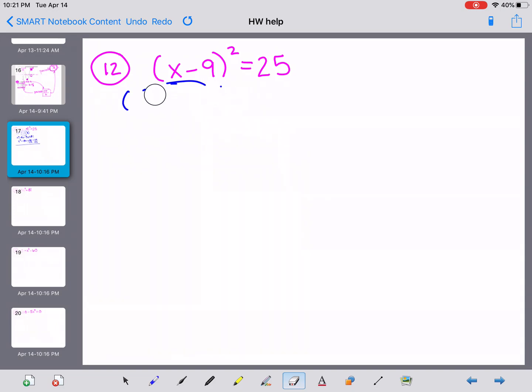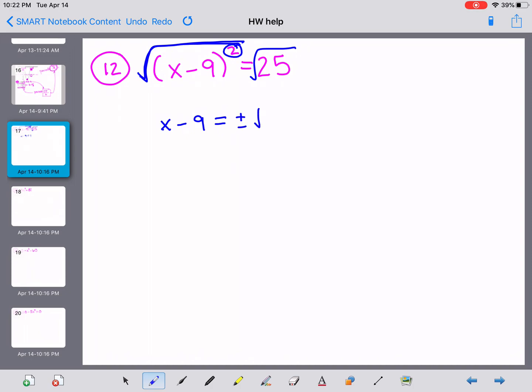The best way to do this question is that when you have a bubble squared equals 25 and there's no other x in the problem, like you don't see a plus 2x over here, because that would be an issue that we can't do square root method, right? Remember that you can't do square root method if there's a plain old x in the problem. So if you have just this setup, what you are allowed to do is take the square root of both sides, because then this square root symbol on the left with this square power on the left, they cancel each other out. And so you just get x minus 9 equals,